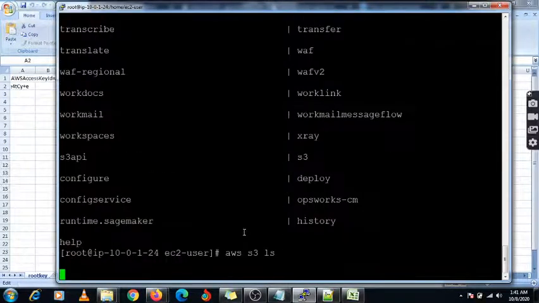Multiple commands you can use under this, but still it is not reflecting. I don't know why it is not reflecting, but this is the method you can use with your VPC endpoint to access your connected services. You can connect using your private subnet.